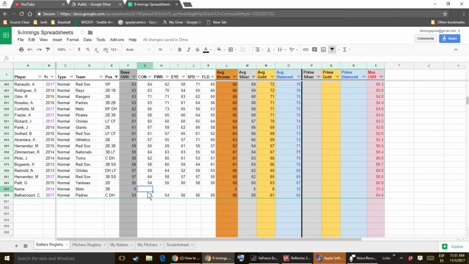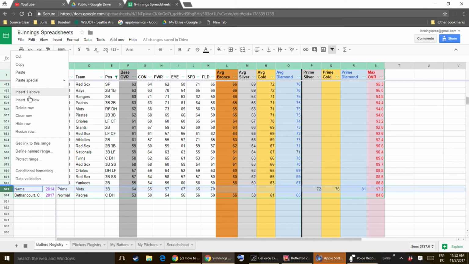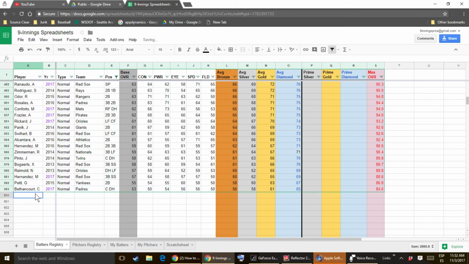And I start entering values here. That's not realistic. 57, 67, 66, and 70, for example, and you'll see it'll fill in the rest of the numbers. If I change this to prime, it's going to tell you what he would look like as a prime. So let me go ahead and get rid of that because that's completely useless. So anyways, add your players to the bottom, fill in the formulas downward, and that's how you can add your